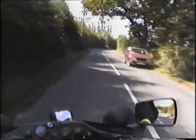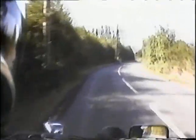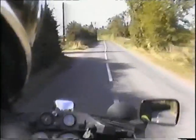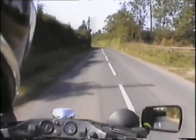One opposing vehicle, no danger, no vehicles behind me, the road opening up ahead, light acceleration and changing into higher gear. Still no vehicles behind me, increasing my...